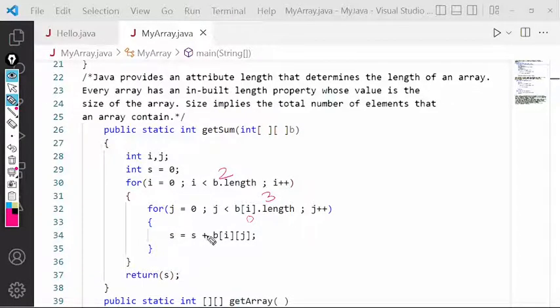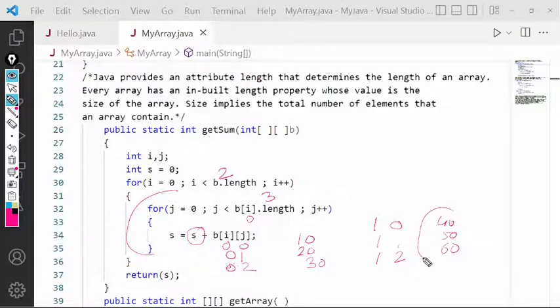Then s is equal to s plus b[0][0], that is 10, then b[0][1], that is 20, then b[0][2], that is 30. So 10, 20, 30 will be added in s, then control returns to the outer loop. Now i will be 1, with b[1][0], b[1][1] and b[1][2], so that is 40, 50 and 60. This 40, 50, 60 will be added to the sum of 10, 20, 30.